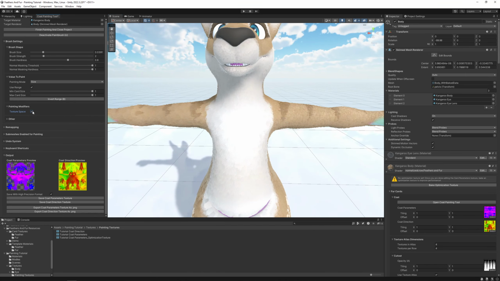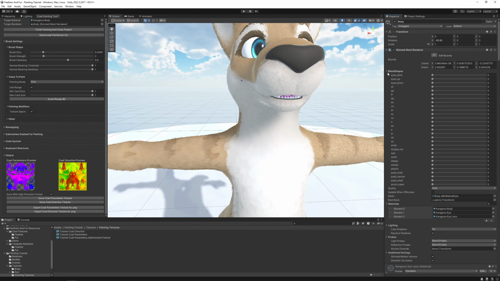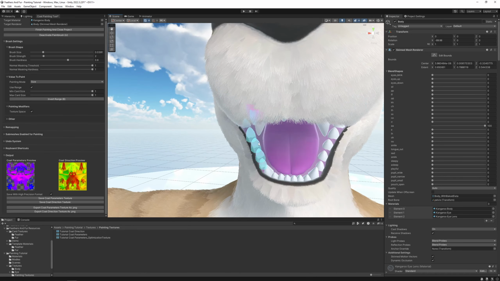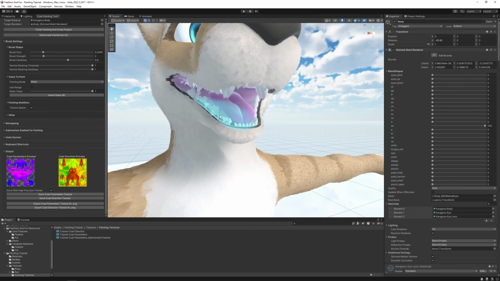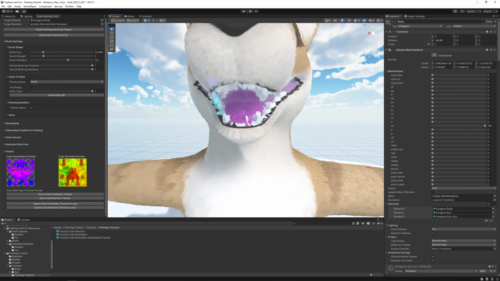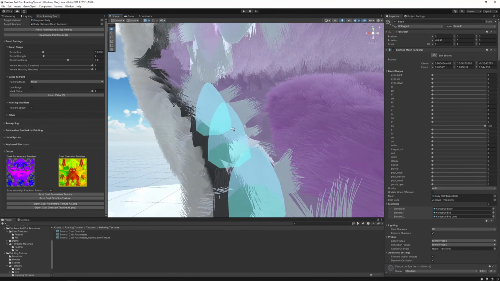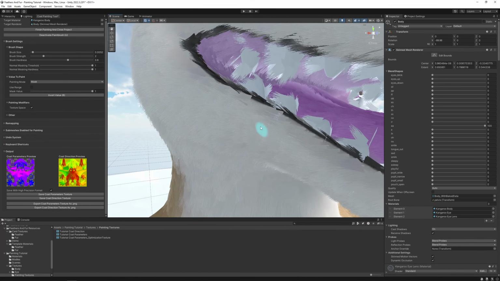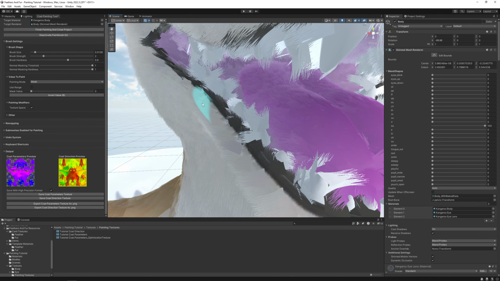Additionally, we also have this texture space option. This will disable symmetry. However, it can be very useful for painting in areas of complex geometry like the mouth here. For instance, let's say that when you first create your model, there will be fur created everywhere, including in the mouth. And now we want to remove the fur from these teeth without affecting the sides of the mouth near it. Well, we can enable texture space rendering, and now our brush will be applied as though it was